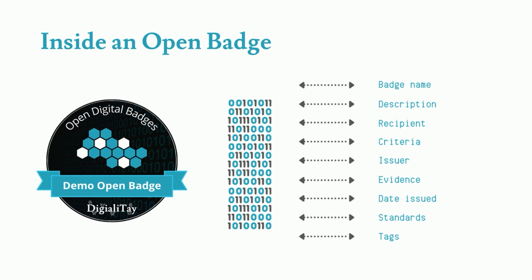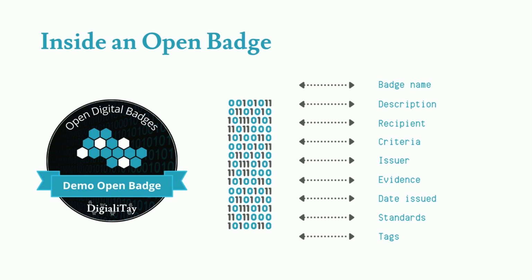Open Badges work in a similar way, but with data specifically formatted to the Open Badge standard. This hidden metadata typically includes the badge name, a description, and who it was issued to, usually a one-way hash of the recipient's email address for privacy. It also contains the criteria for earning the badge, who issued it, and crucially, the evidence showing how the recipient met those criteria. You'll also find the issue date,